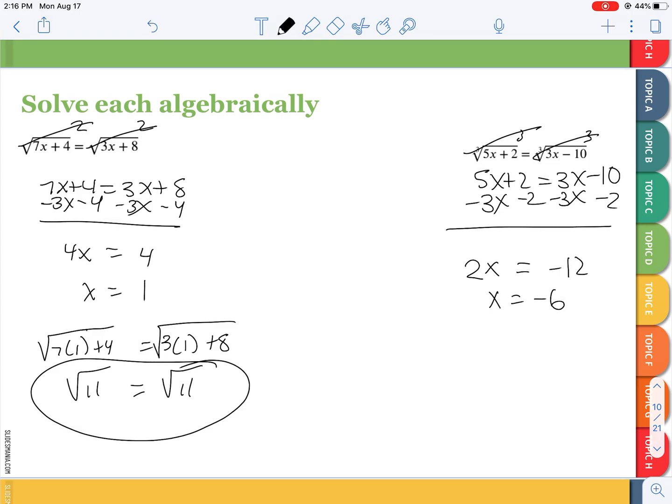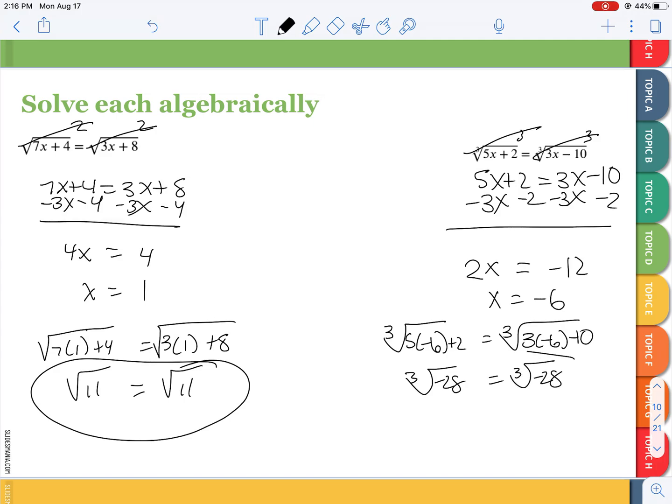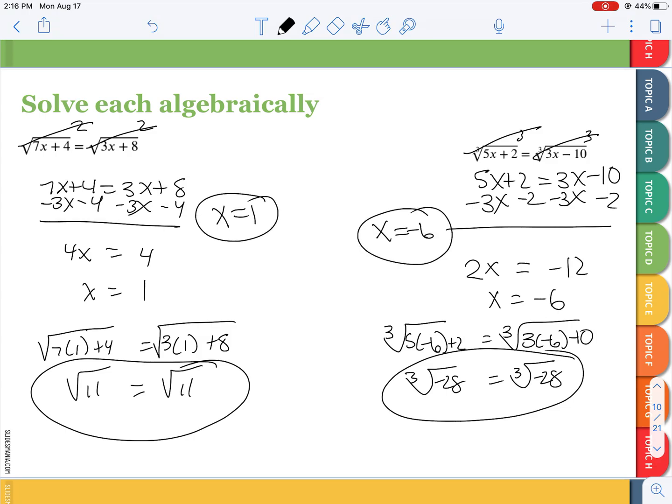And like I said earlier, it's not so much of an issue on odd roots, but it is a good habit to double check your answers. So we will go ahead and double check this and make sure we get the same amount. So negative 30 and plus 2 would be negative 28, and on the other side, that'd be negative 18 minus 10, which is negative 28, which is a good thing. Okay, so we got the first one here is x equals 1, and the second one is x equals